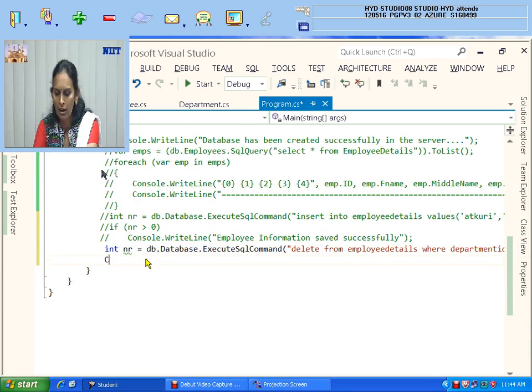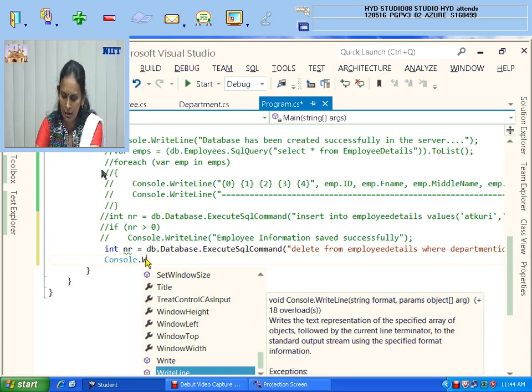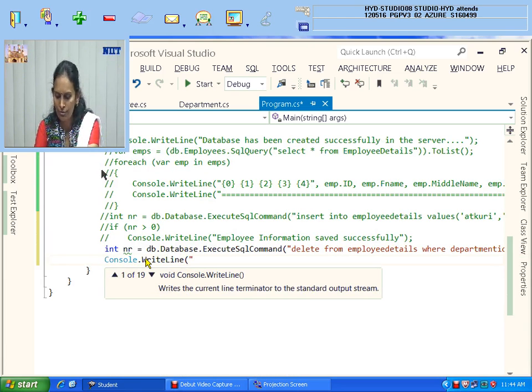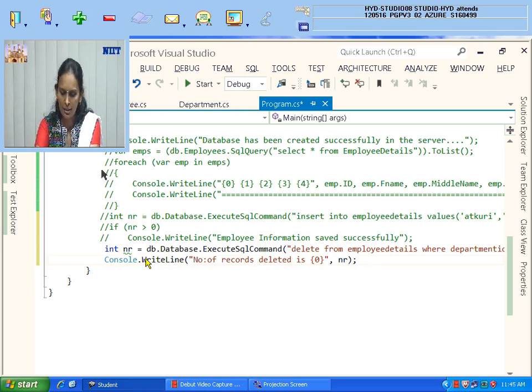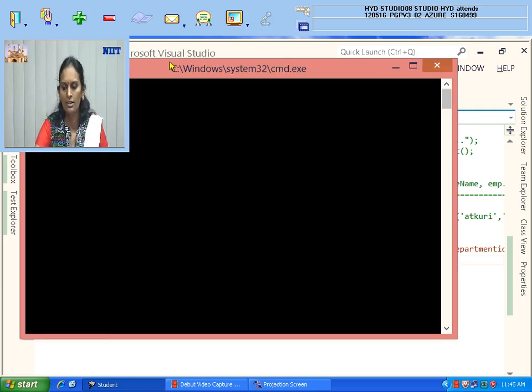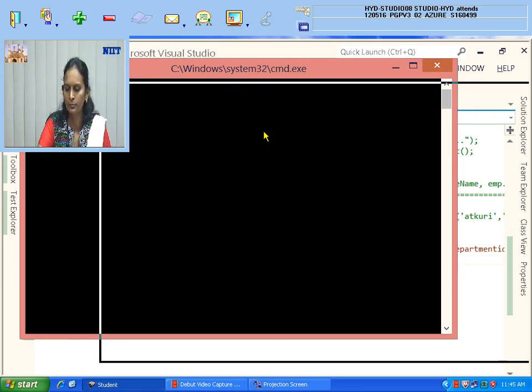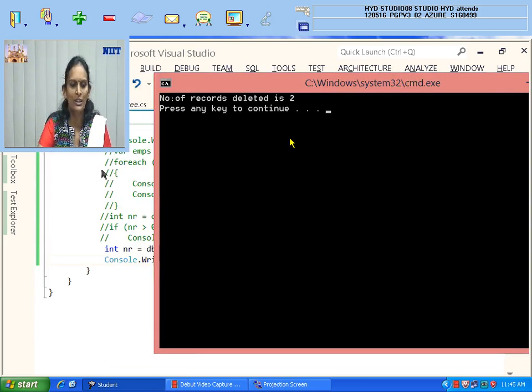Now Console.WriteLine, number of records deleted is NR. Check. Really deleted or not, you will understand. Check how much it has shown: 2. Really deleted from your database.